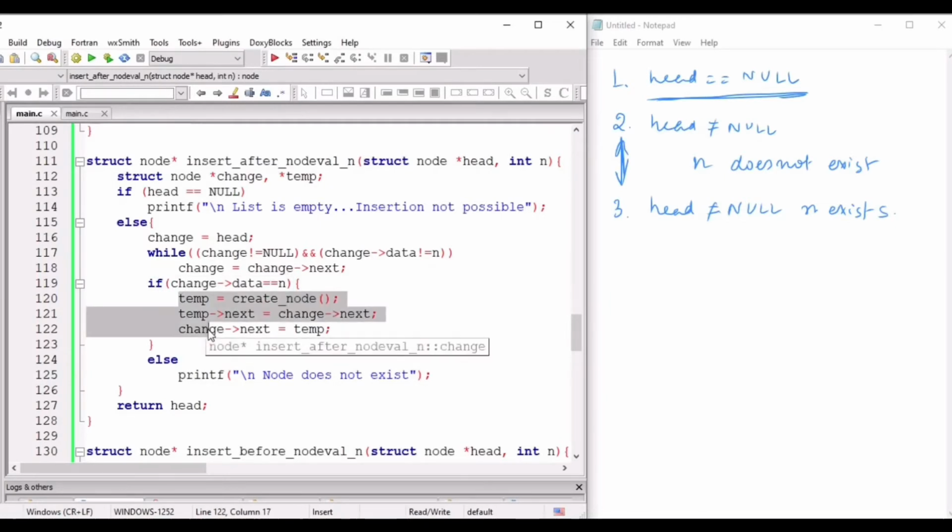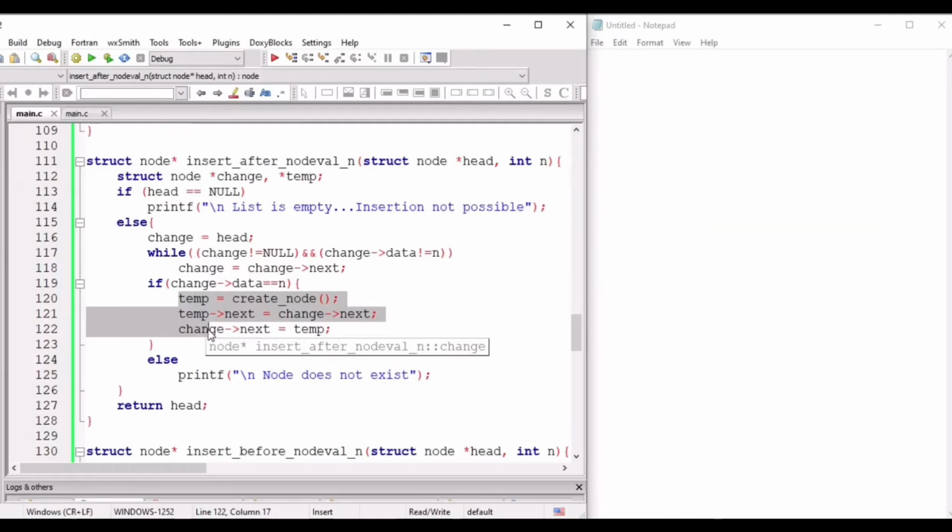Now let us understand, if we have a node having value n, how can we insert a node right after that particular node? In order to do so, let us consider a linked list which has got values like this.